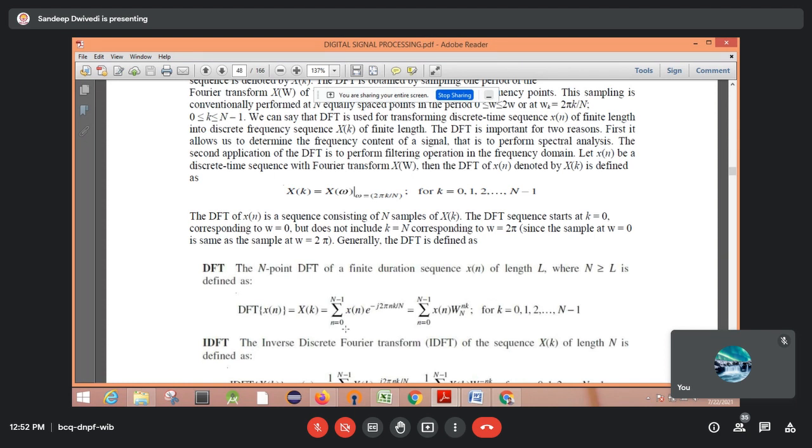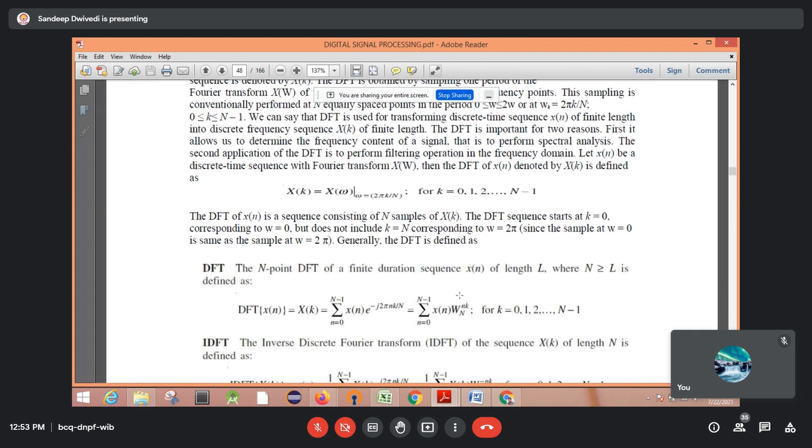They can ask you to find the DFT by using the direct formula, and in that case you need to use this formula. If they ask you to use the matrix method, or if nothing is specified, you can directly use the matrix method, because the matrix method is quite easier. The calculation part will be easier, and the chances of mistakes will be reduced.